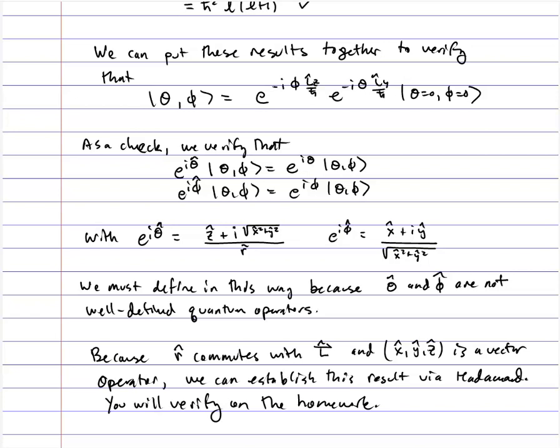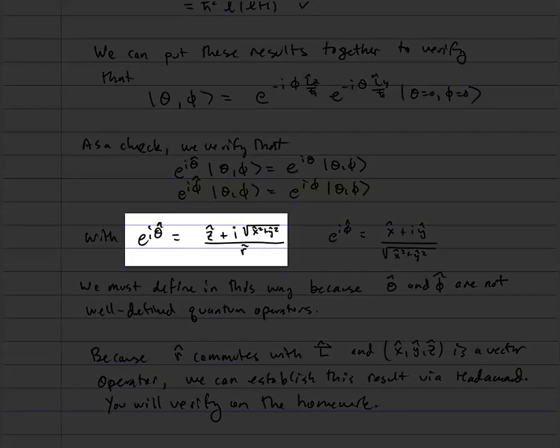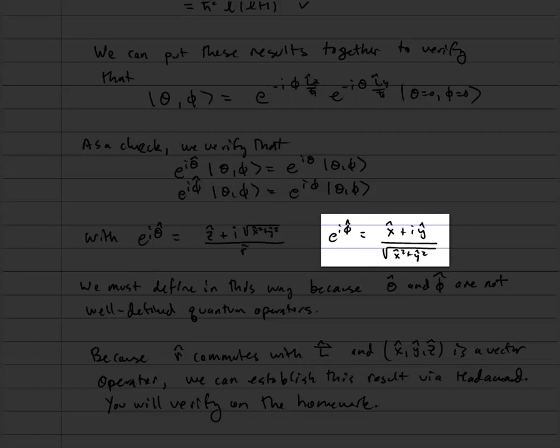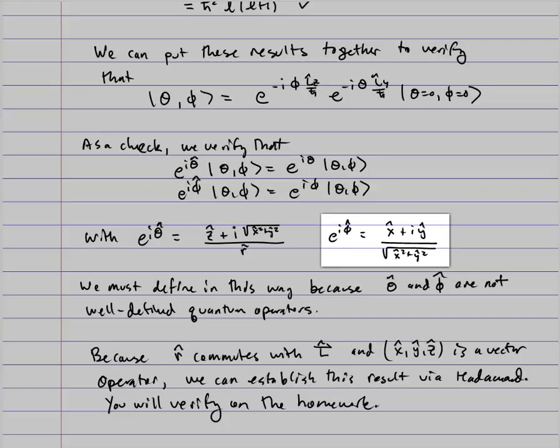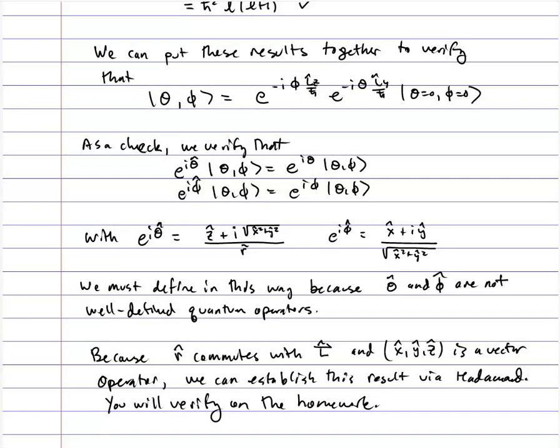And how do I see that? Well, remember, e to the i theta is just cosine theta plus i sine theta. But I can express cosine theta and sine theta in terms of my Cartesian coordinates. In fact, e to the i theta is just the z operator plus i times the square root of the x operator squared plus the y operator squared, divided by the r operator, being the square root of x squared plus y squared plus z squared. And similarly, e to the i phi is x plus iy divided by the square root of x squared plus y squared. We have to define these exponential operators in this fashion because angle operators are not well defined in